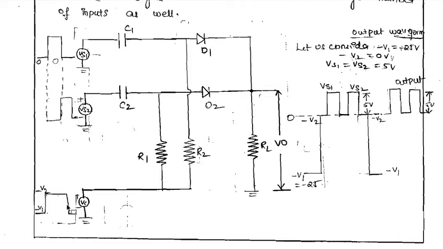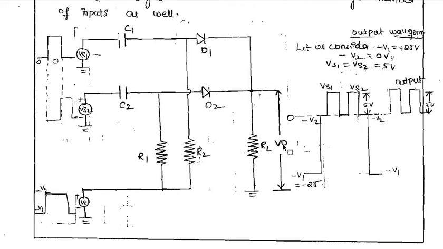Yes or no? This is the control signal and these are the input signals. If my control signal is at minus V1, so I will be having a larger negative point, then the diodes will be off at this particular point. Diode off means no input signal can be transmitted to the output. So VS1 and VS2, whatever you are transmitting, won't get any output at V0 at this point.